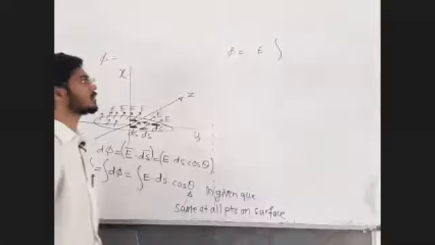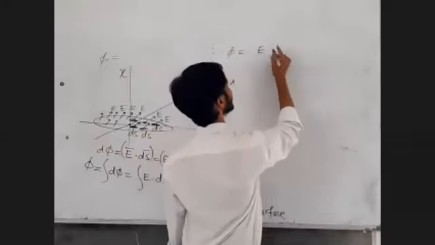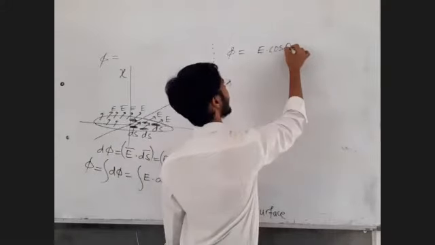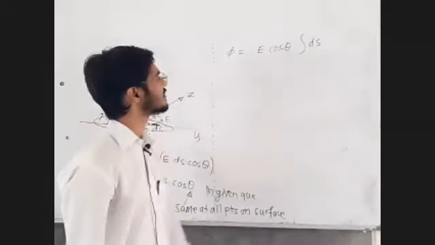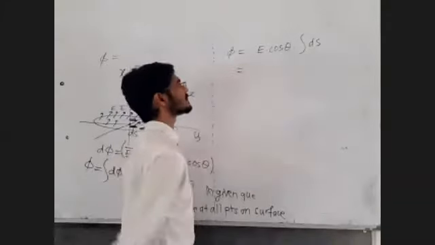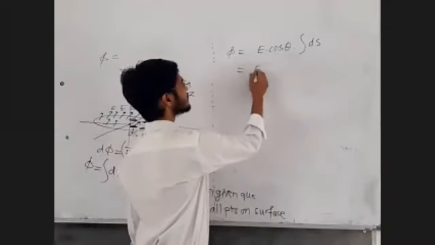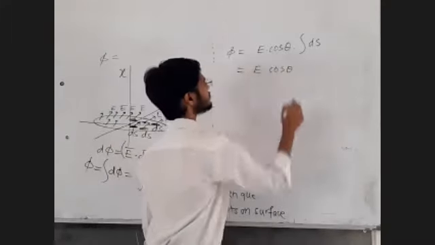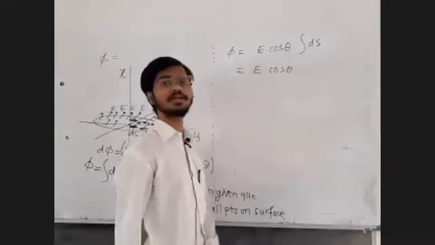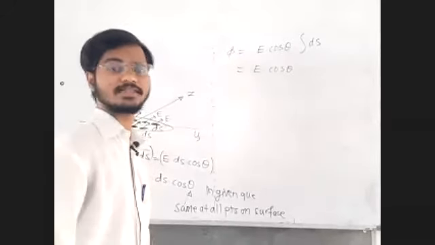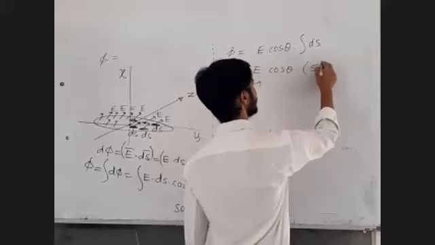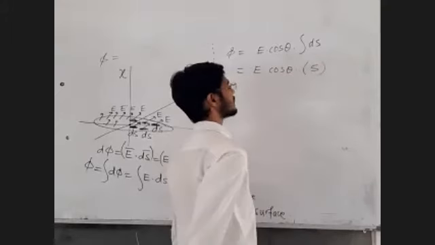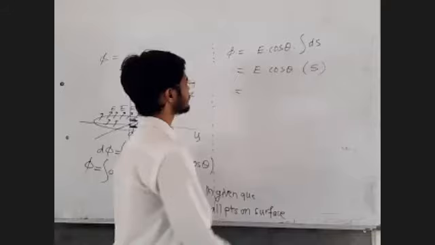So sir, this cos theta can even be taken out of the bracket. Okay. So what remains? Integration of ds. Okay, sir. Fine. What is integration of ds? What is the addition of all the areas? The addition of all the areas is nothing but the complete area. Sir, can we rearrange it? Yes.